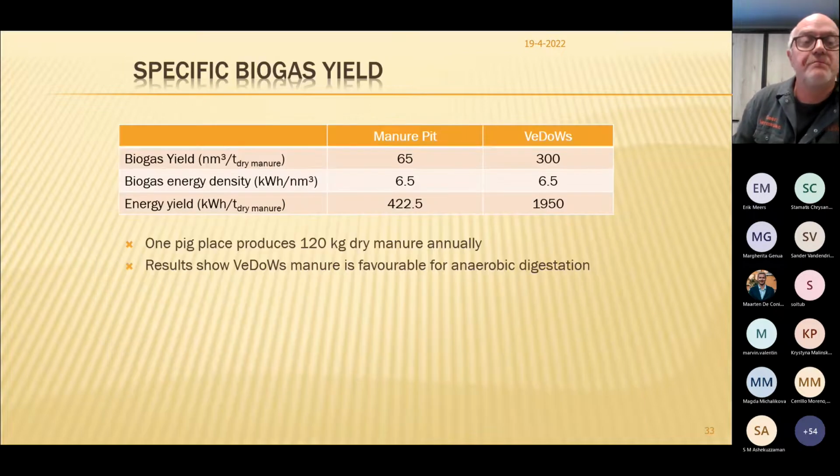Next slide. For fattening pigs, if we have old manure, it's 65 normal cubic per ton dry matter, 100% dry matter. In fresh manure, the minimum we have is 300. We have tested: the minimum was 300, maximum 400. So in the worst case it is 300 normal cubic per ton at 100% dry matter. So if you calculate